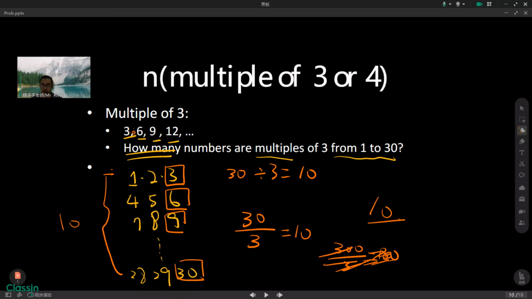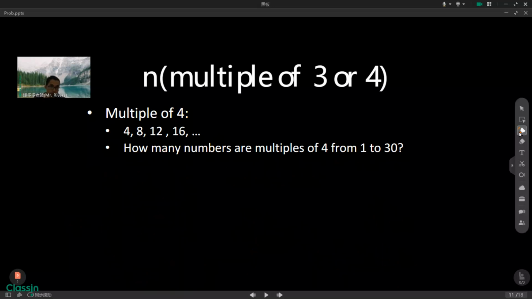Till now, we have already found the multiples of 3. So the next one, we should find the multiples of 4. Again, multiples of 4 are 4, 8, 12, and 16, right? So this time, please give it a try. How many numbers are multiples of 4 from 1 to 30? 3 seconds. Yeah, it's the same. We use 30 divided by 4, and we find it's 7, and the